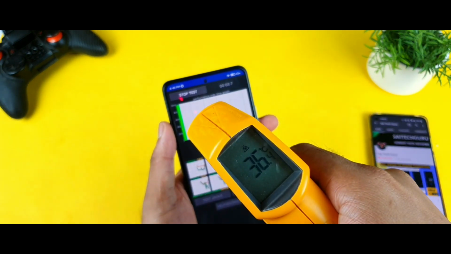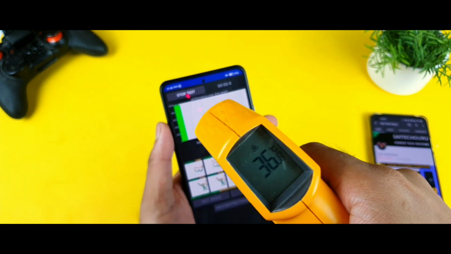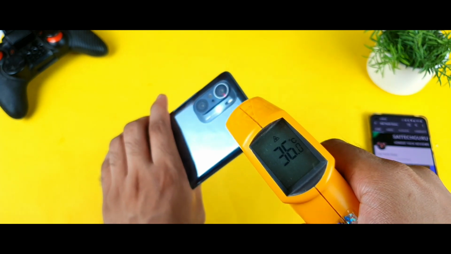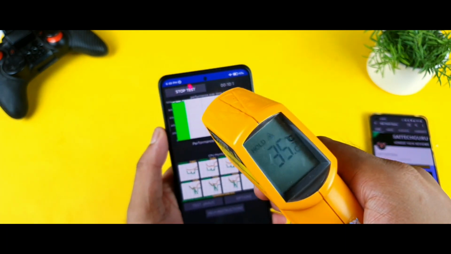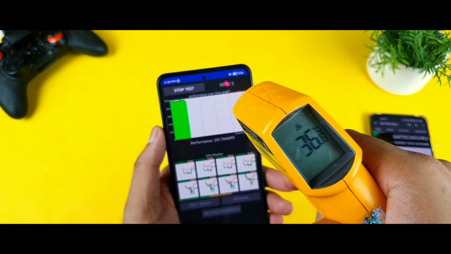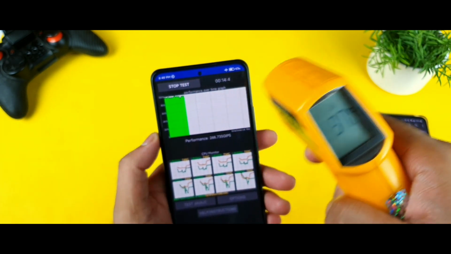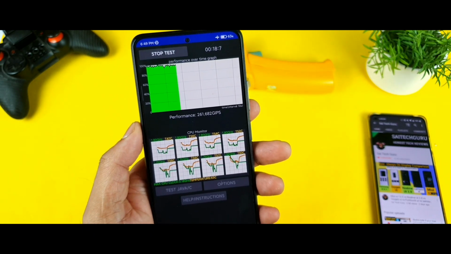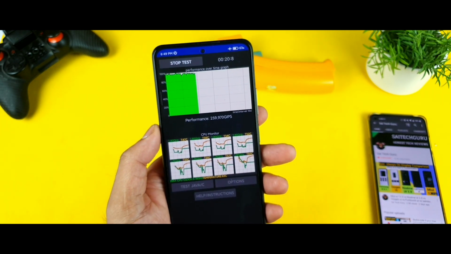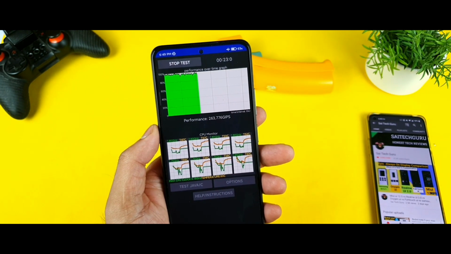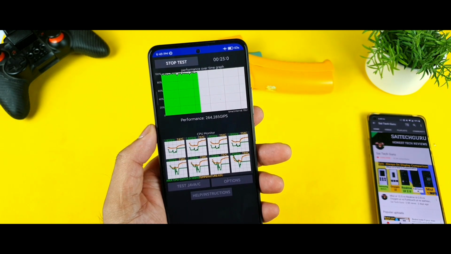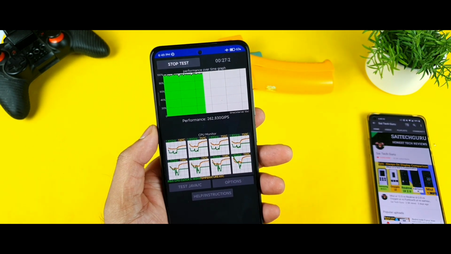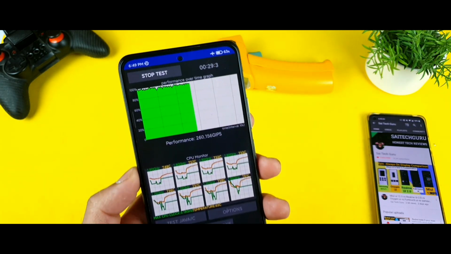Right now the temperature is 36 degrees. I'm getting 36.8 at this moment, and the backside 36, as you can clearly see here. It's not bad. And the performance score I'm getting is about 2,66,000 and 2,64,000 at this point, as you can see, 2,60,000. I'll try to compare the scores from now to the scores from before. We'll compare before and now, and see what things changed. Those will definitely be helpful for us.